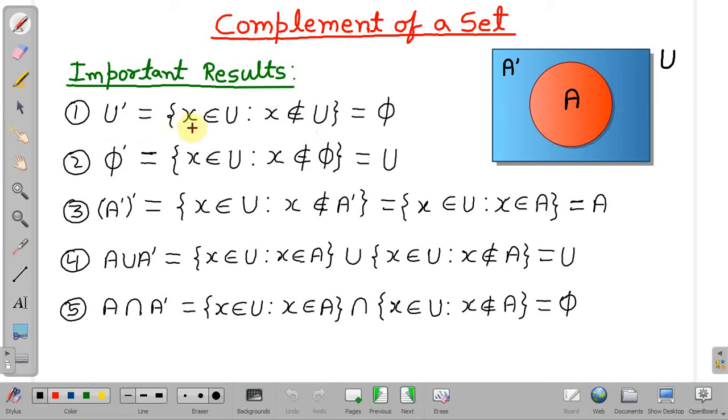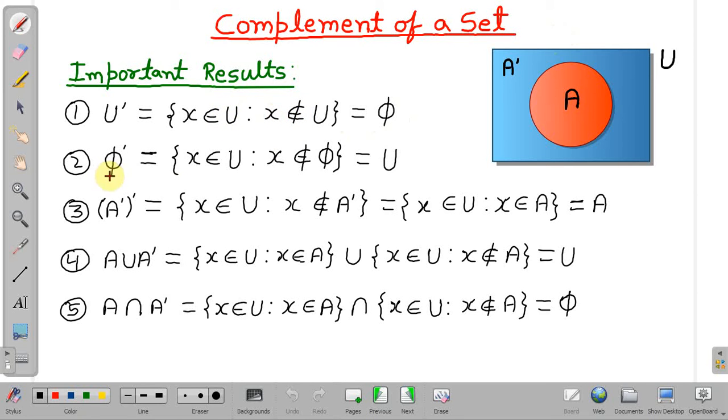So if you see, one statement says that x is an element of the universal set and the other statement says x is not an element of the universal set. So if you see this Venn diagram, one statement says x is an element of this rectangular box and the other says that it lies outside this box. So it will be equal to phi or the empty set. Okay, because the same element will not satisfy these two.